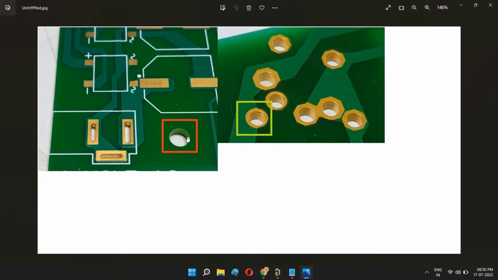This is mainly for conduction, and the non-plated through hole we mainly use for supporting mechanical parts like the mounting holes, or for some connectors we have to add this kind of non-plated through hole pads for supporting the mechanical pins in the connectors. So this is mainly for mechanical, that is for non-conductive